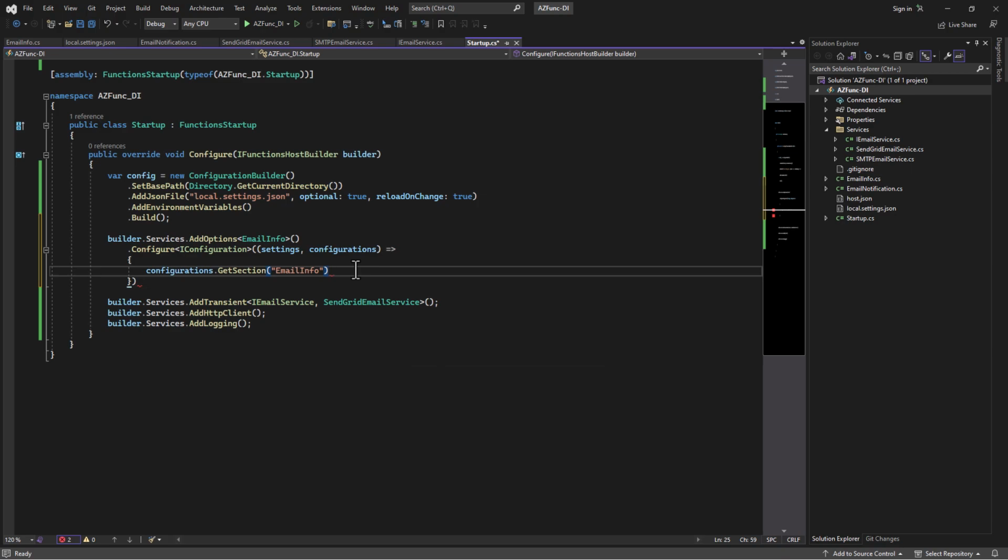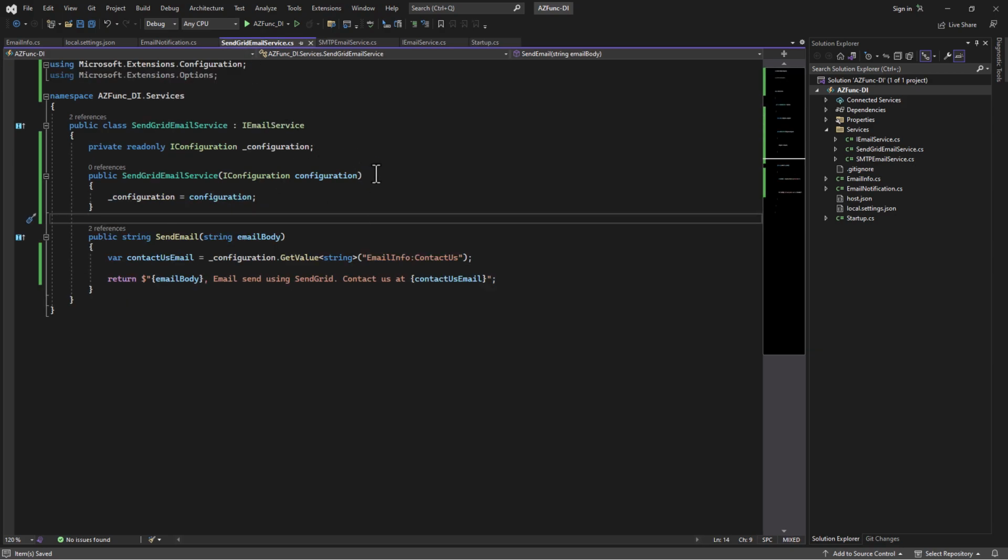So EmailInfo.Bind settings. This code wires up the class EmailInfo into the service collection and makes it available to be dependency injected. Okay, so now we will use the configuration values in our SendGrid email service